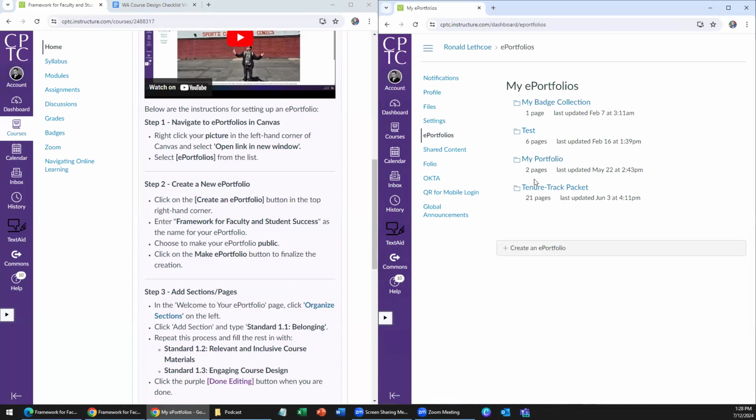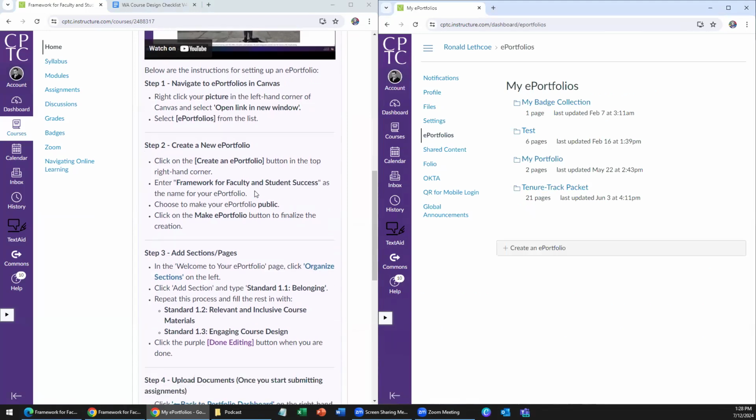I have a couple that I've already created, but for this course, I'm going to create an e-portfolio called Framework for Faculty and Student Success. And actually, I'm going to stop after every step just for questions in case anybody is having problems. Does anybody need any help finding the e-portfolios? It's pretty straightforward, but